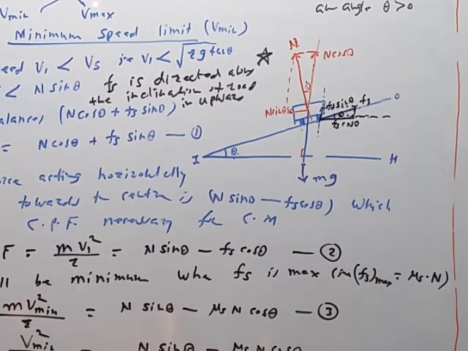So for the second case, to find the maximum speed limit Vmax, we will consider the speed of the vehicle V2 greater than Vs. So in that case, m v2 square upon r will be greater than n sin theta, and therefore in that case centrifugal force will have a predominant role, and therefore the vehicle will have a tendency to move in the direction due to the inertia. When the vehicle moves in this direction, the force of friction will be in this direction. म्हणजे Fs direction reversal. When we derive Vmax, this direction of Fs will be completely reversed. It will be along the inclination of the road but downward.